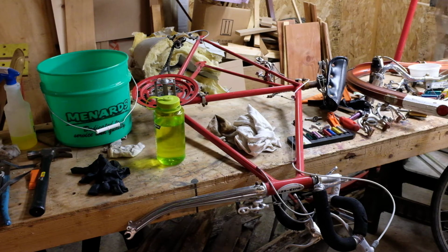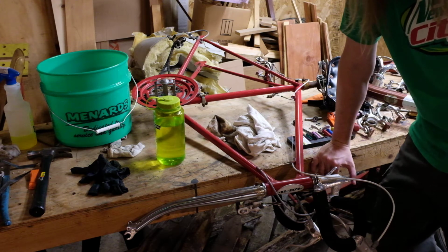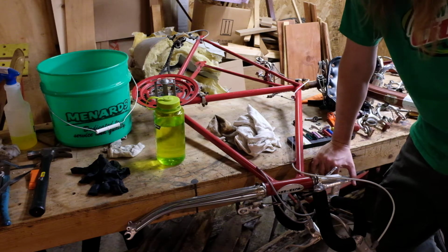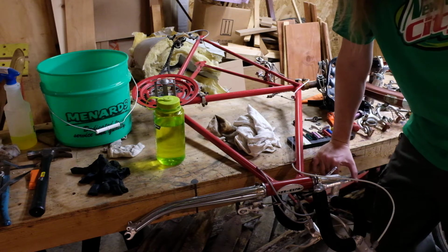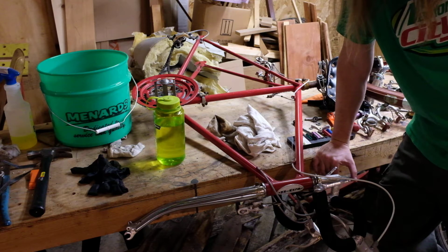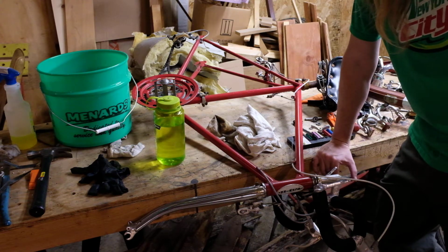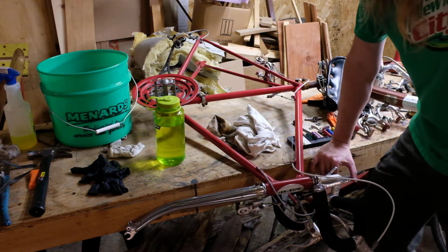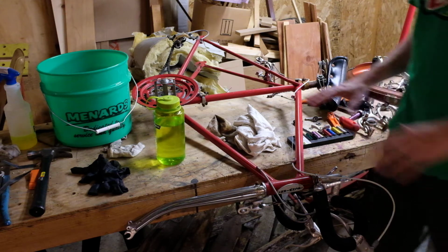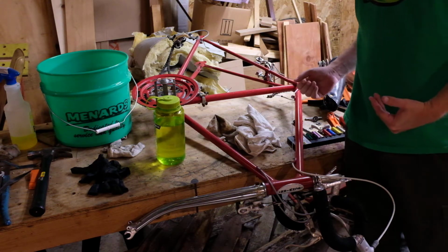Alright, so this is the bike we're going to be working on. This is a 1975 Schwinn Continental, which I got out of somebody's field. There's no information about it. I just picked it up out of the grass, paid the man $20, and took it home with me. So I've already taken the wheels off, but just to give you a quick rundown of what this machine needs,